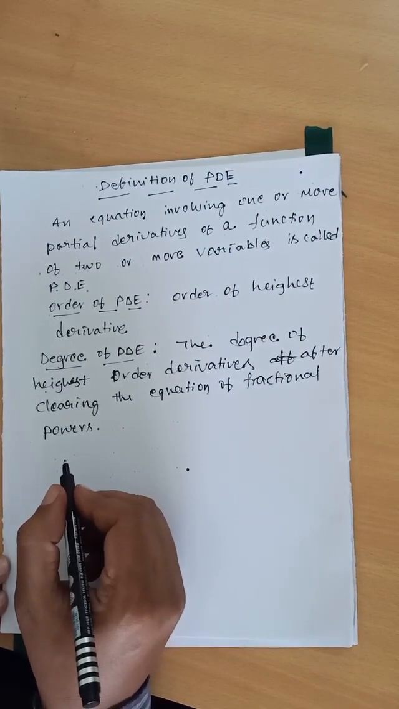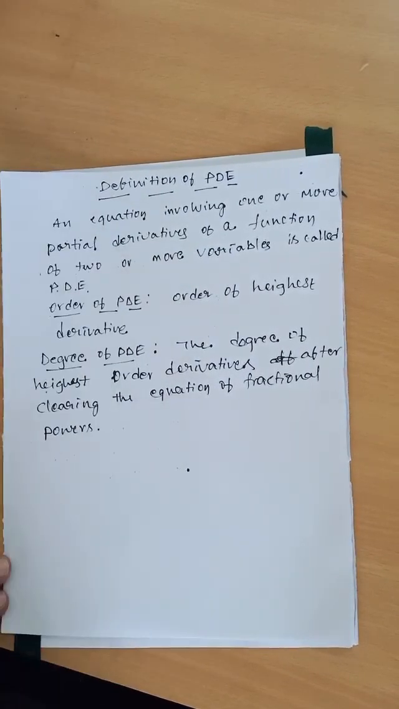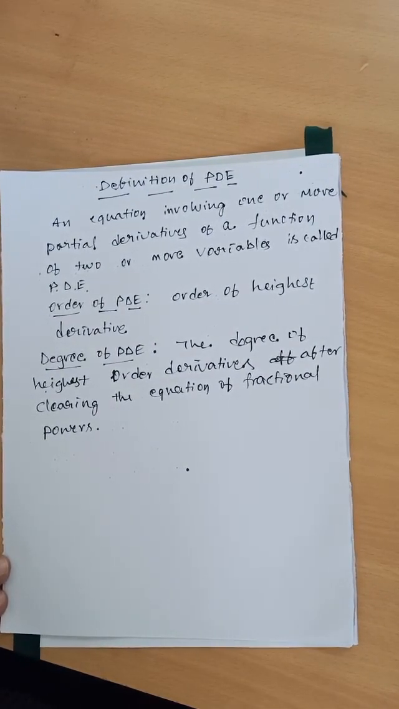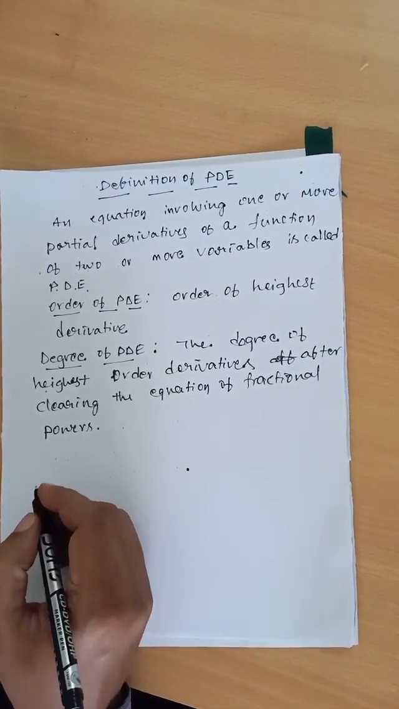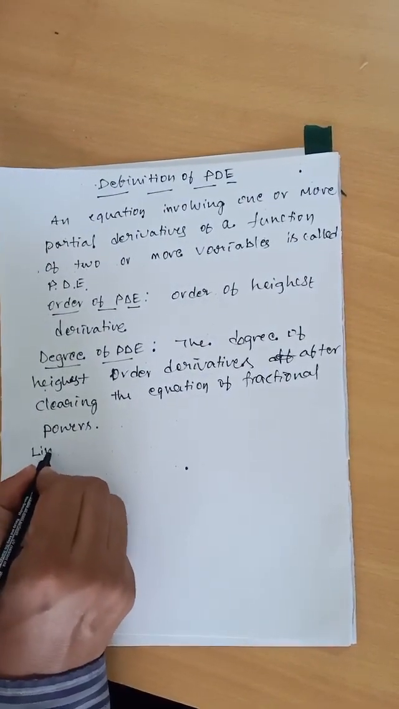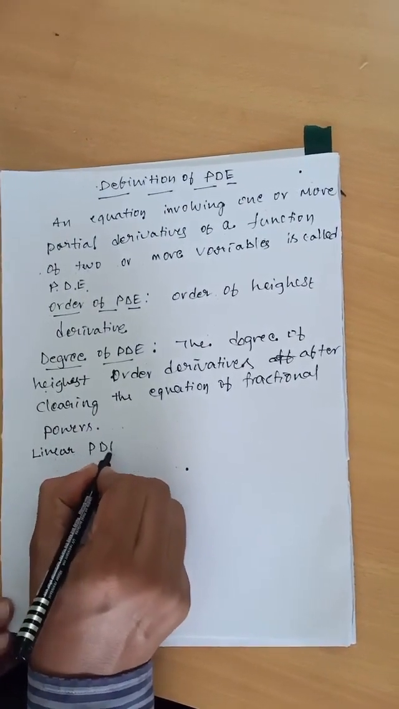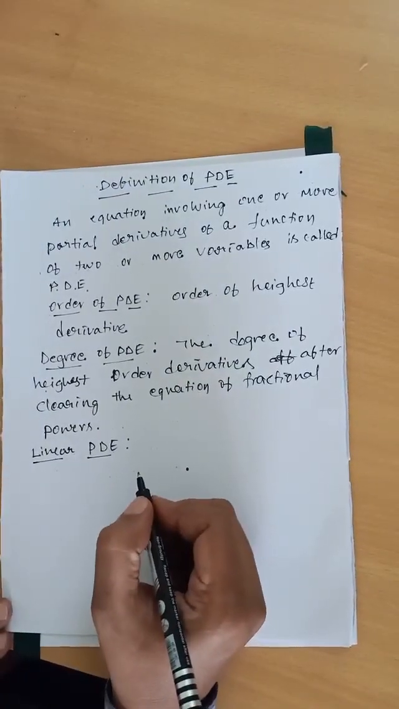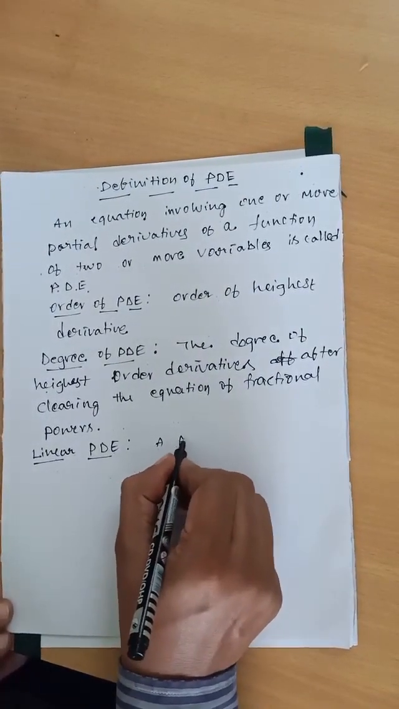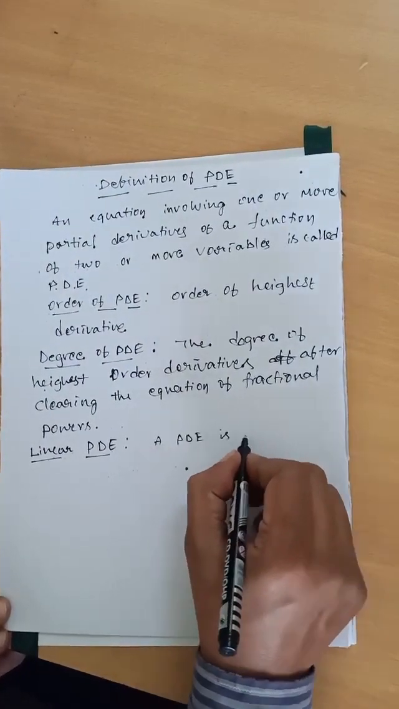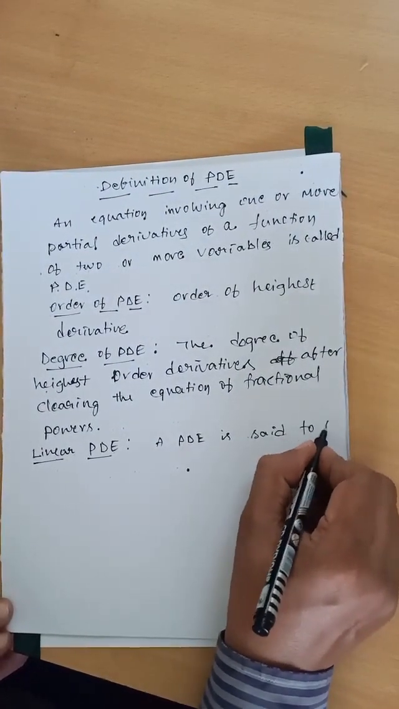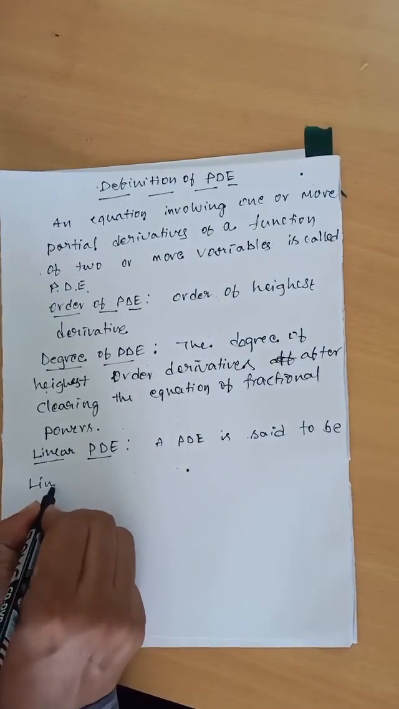And in ordinary differential equations also we discuss different types of differential equations like linear, homogeneous, exact, but here we are discussing linear partial differential equations and homogeneous partial differential equations. Definition of linear partial differential equation. A partial differential equation is said to be linear